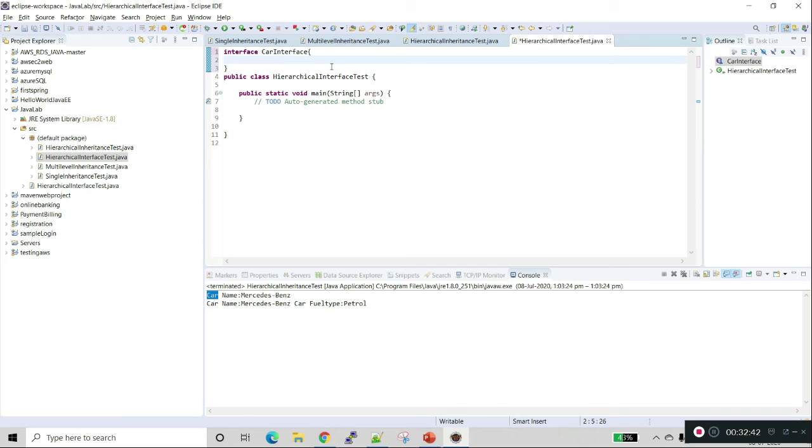We'll create a method here, public void print car name.